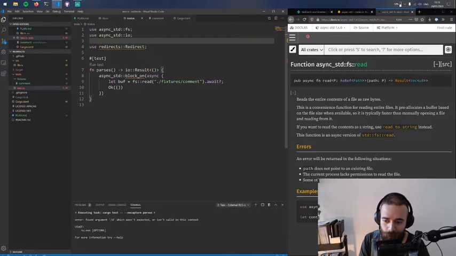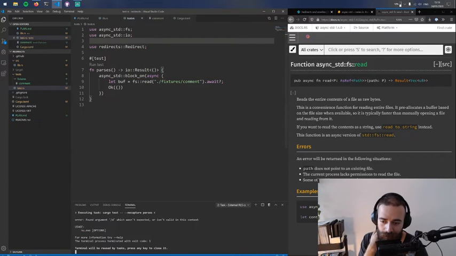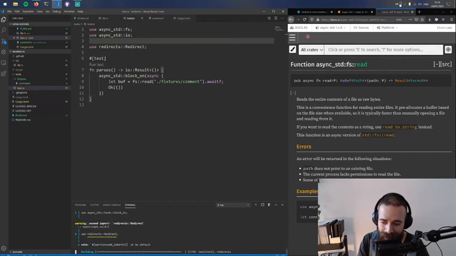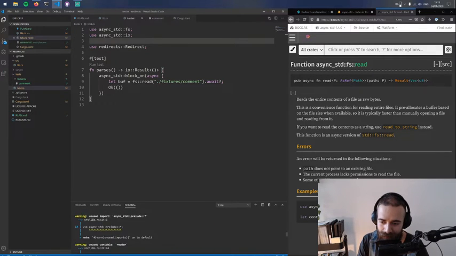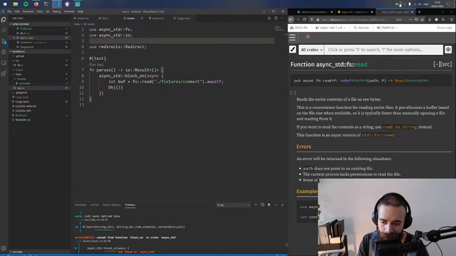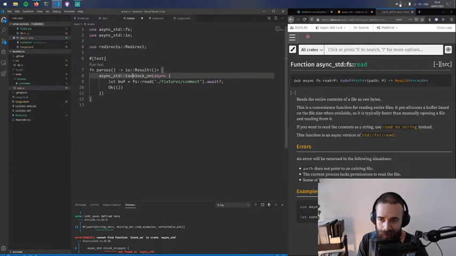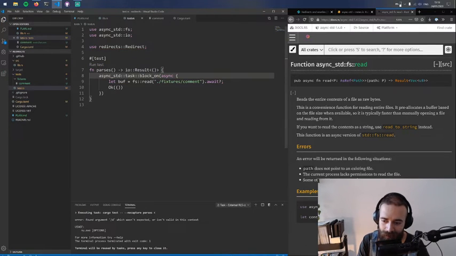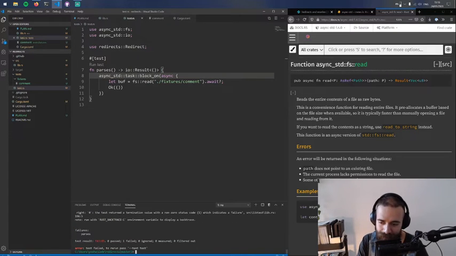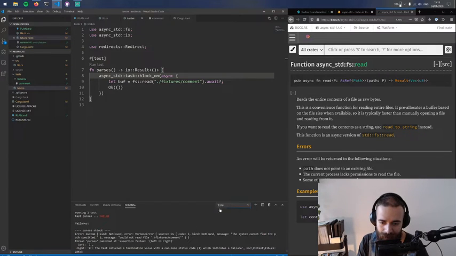Let's see what happens if we run the test. Oh, an error occurred. Found argument /d, which wasn't expected. Cargo test. Something's broken. What's broken? Cannot find function block on. All right, great. So it's task block on. Let's run the test again. Oh, cargo test. All right, so our